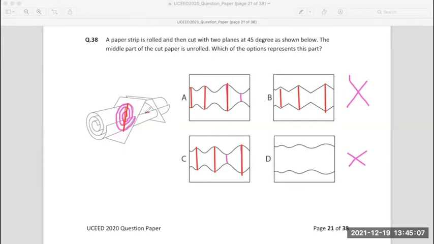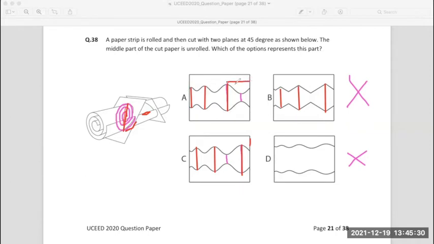ये वाला जो edge of the paper है, which is the starting point, which is this edge. That placement with reference to the longest width, कितना दूर है? It's hardly any far, right? It's not that far, right? Do you agree or not? Yes, ma'am. So that happens if you look at option A, it is quite farther away.